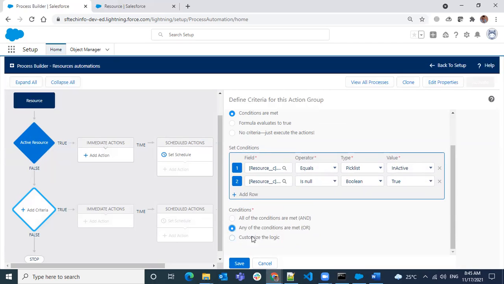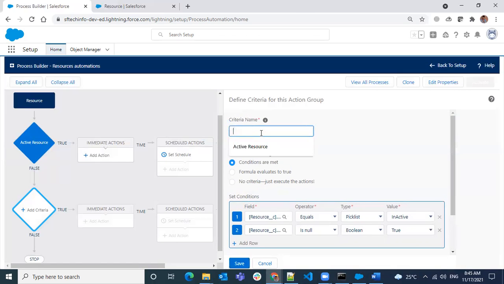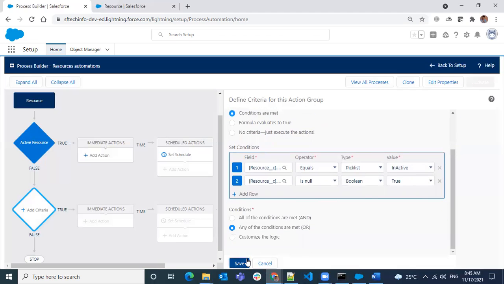You have the option to do this logic as well, and we can do all the remaining options also, and then save. Oh, I have to give the name. An inactive resource. Okay, I'm just saving.